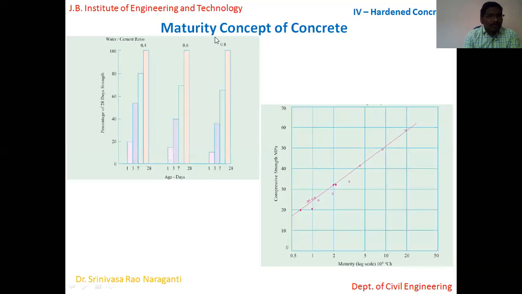Again, if you talk about a water cement ratio of 0.8, there's a drop in the compressive strength. It's further down, below the 40. The interpretation is that the more water cement ratio, the less will be the gain in strength over a period of time. If you take 7 days strength and compare 3 specimens of different water cement ratio, the more water cement ratio, the less will be the gain in strength.